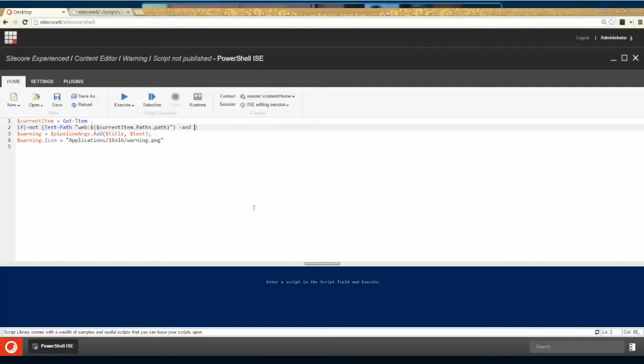I really only care if the script is published if it's a web API script, because only then I really want it in my database. So I'm going to also say that if the current item path will match the web API, and there we go. I'm just going to add this warning then,